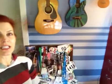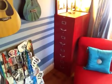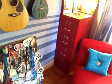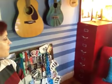So I'm about to do a little bit of additional decluttering. What you can see right behind me here is a bulletin board that was here in the office. Now, I have not gotten into sentimental items, nostalgia, photographs. What I have been doing is collecting photographs. So in the bottom drawer of this red filing cabinet, I have a bunch of photo albums and pictures that